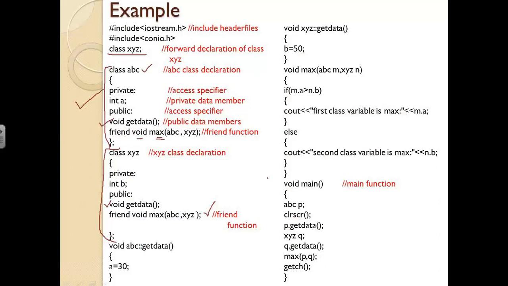Based on the object we can call the particular data member function. So this is how we are going to access the get data member function. Now we have finished the class declaration part of both the classes. Now let us move to the function definition. First I need to define the get data member function. So I'm defining it like this.